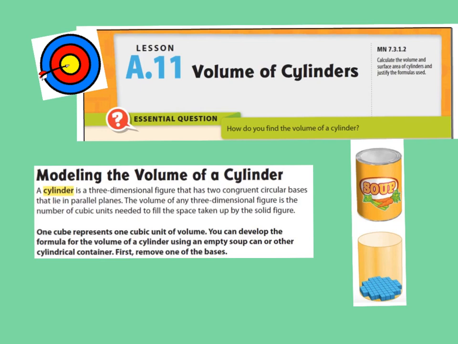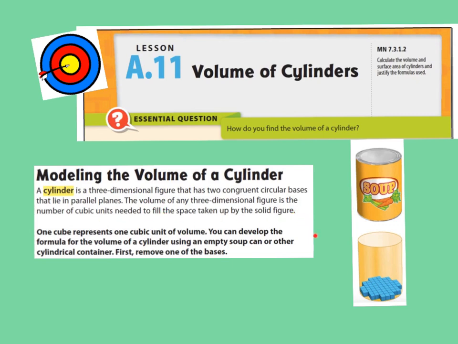Today our lesson's about how do you find the volume of a cylinder. A cylinder is a three-dimensional figure that has two congruent circular bases that lie in parallel planes. The volume of any three-dimensional figure is the number of cubic units needed to fill the space taken up by